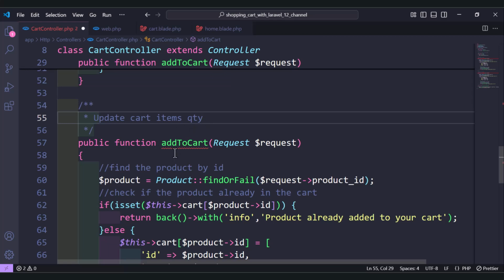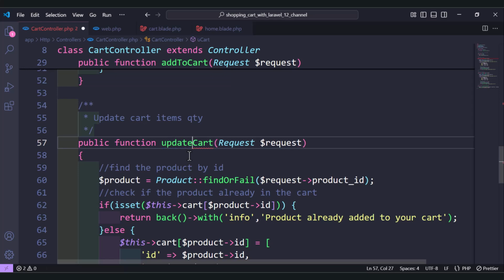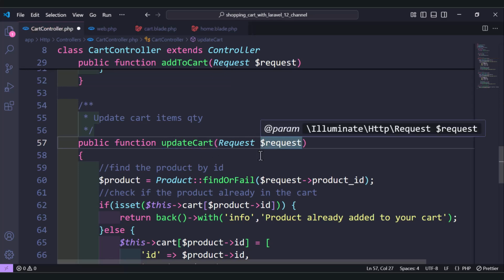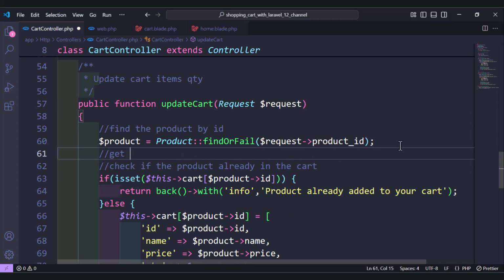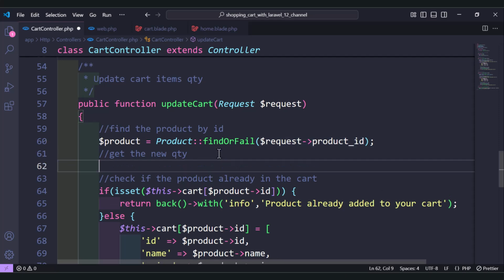So here let's change it to update cart. So we receive the request. First we find the products using the ID like we have done when we add. And next we need to get also the quantity. Okay, so here get new quantity. And new quantity we can get it using the request. So let's define here a variable and use the request quantity. So now we have the